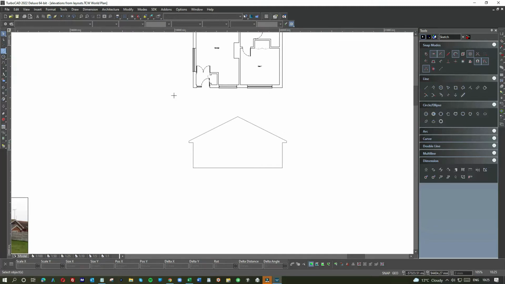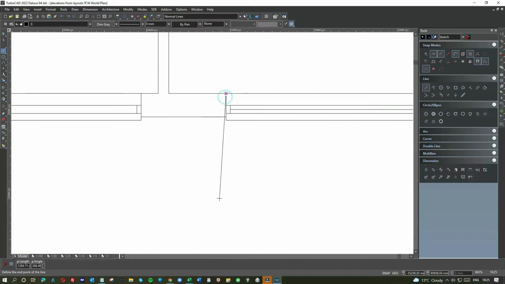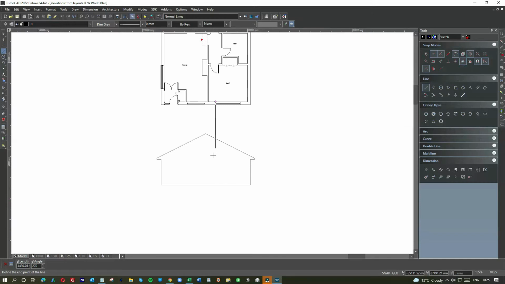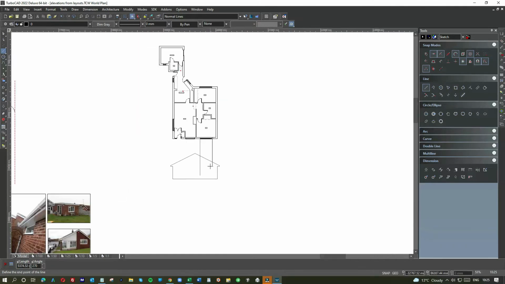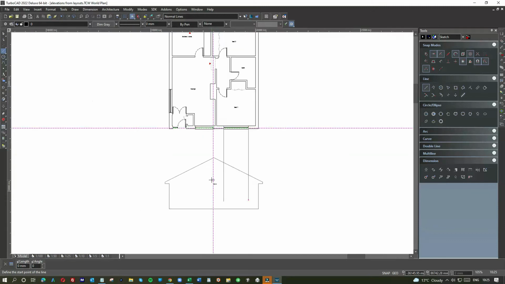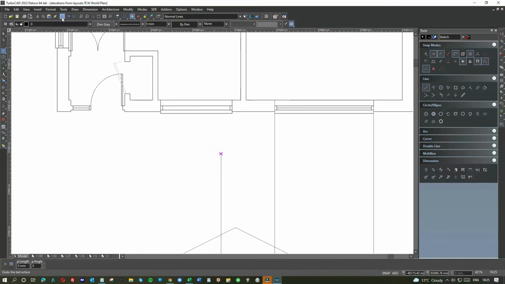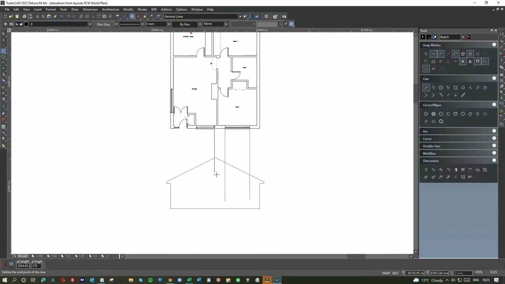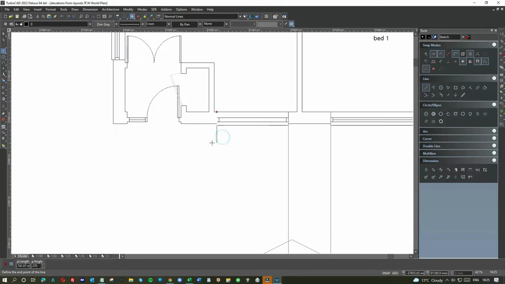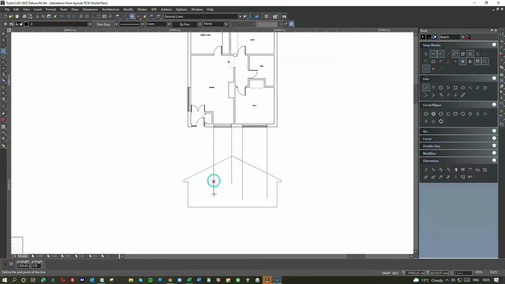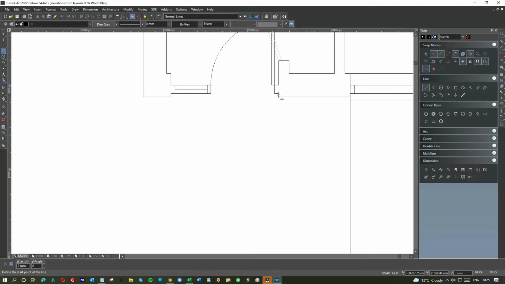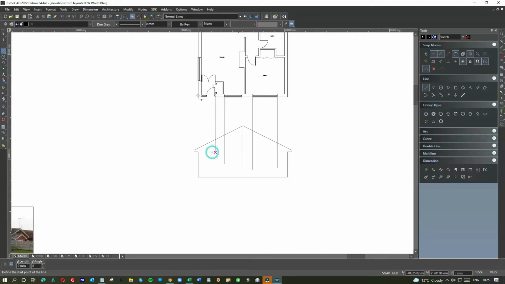So let's have a little peep. So this is what we would normally do. So here, put back on Auto, do a short line. As you can see now, we're using the position of the windows in the layout plans to show us where to put the windows in, and that's how it should be. It's not guesswork, well, occasionally, but not generally. Right, we get the porch here, take another few lines down, and